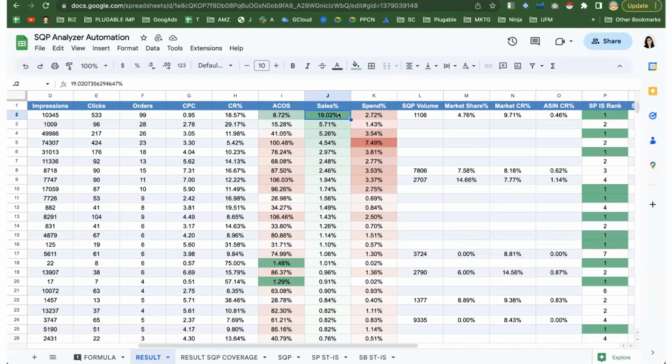So to give you an example of money waste, here on row number 4, we're spending 7.49% of all our spend on this one keyword. However, we're only getting 4.5% of sales from that keyword. So definitely this looks like we're wasting something here. And you can also see that the ACoS confirms it, that the ACoS is pretty high here, right?